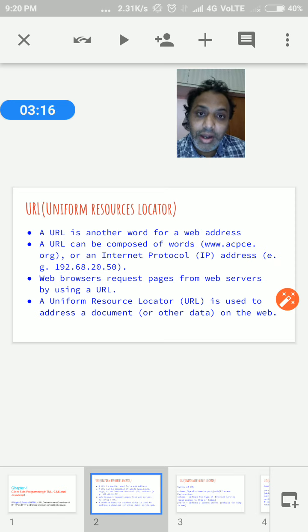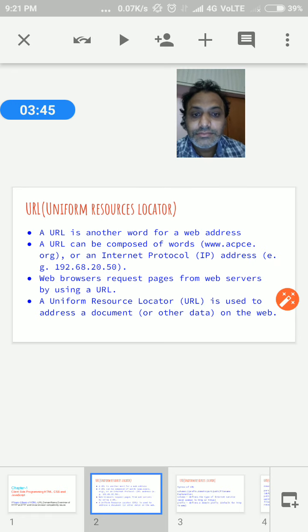That URL request goes to your server, where we install any server like a web server or application server. The request goes to that web server or application server, fetches the pages from it, and gives the response back to your client browser side. Okay, so that is the meaning of that.